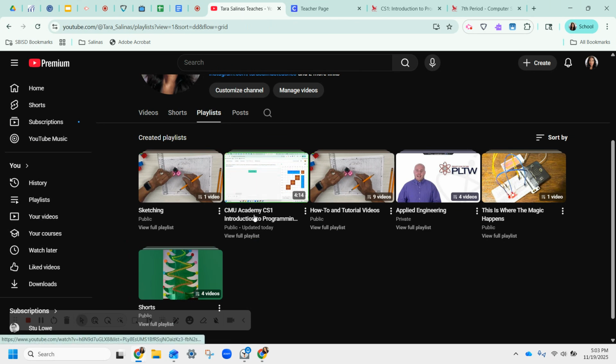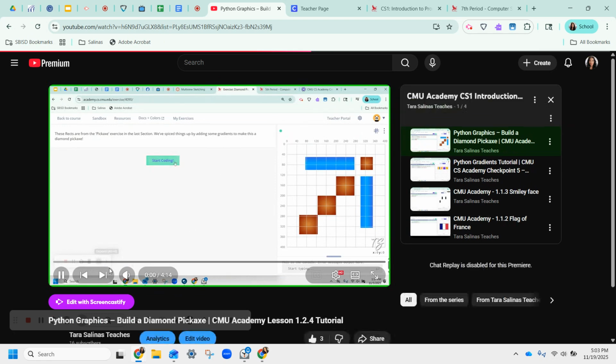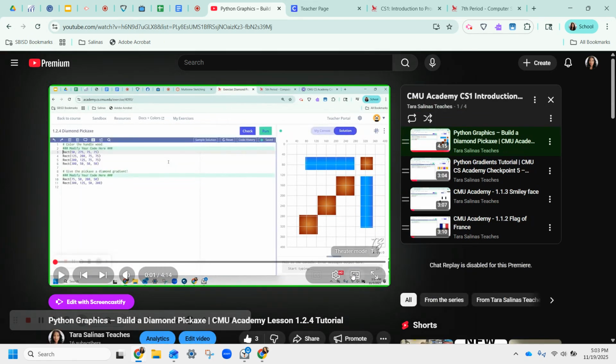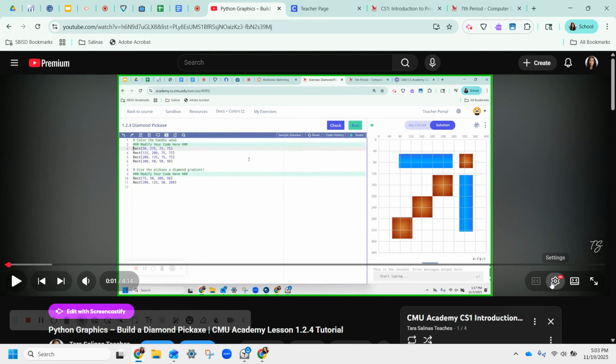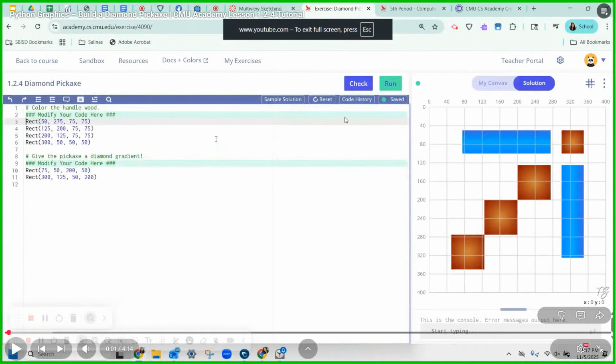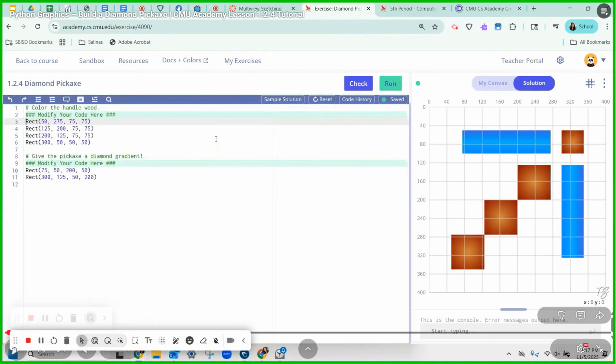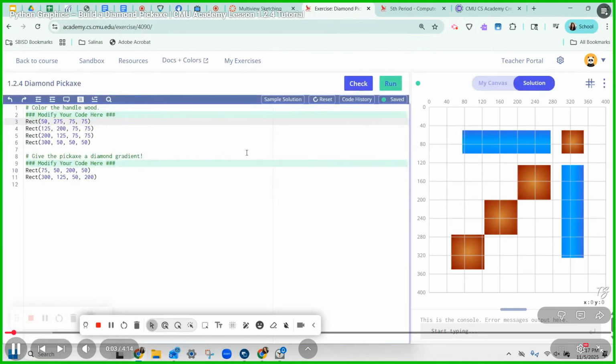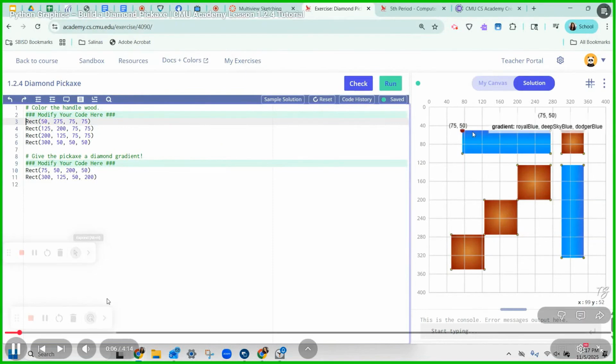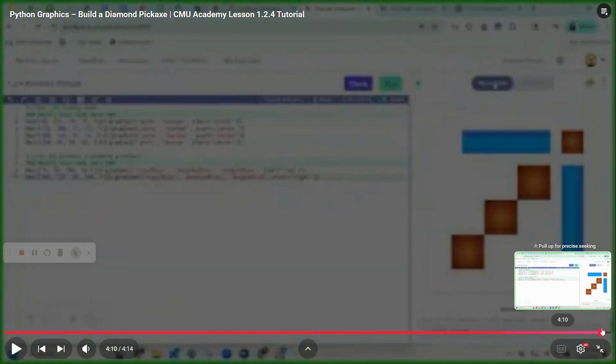And in my videos, let's take a look. So I did change the name of the playlist to CMU Academy. So you can see right here you do have the pickaxe. Sorry about that. And I'm going to make this as best quality as possible here. And if you go full screen, you can actually just go here. Let's see, click play. And if you want to, I'm going to move this out the way here. If you want to scrub all the way to the end of the video